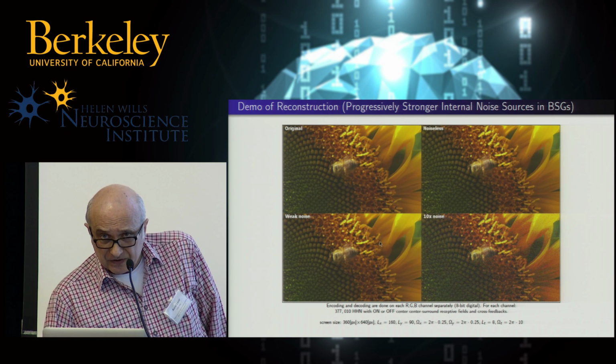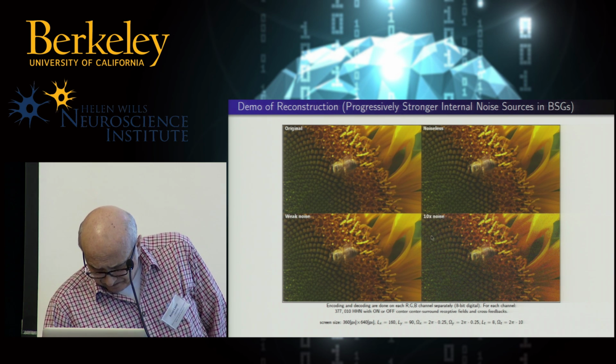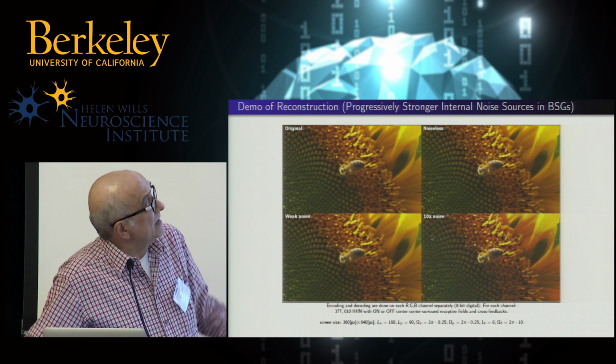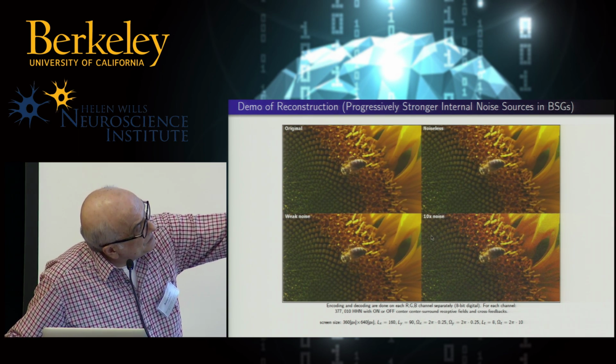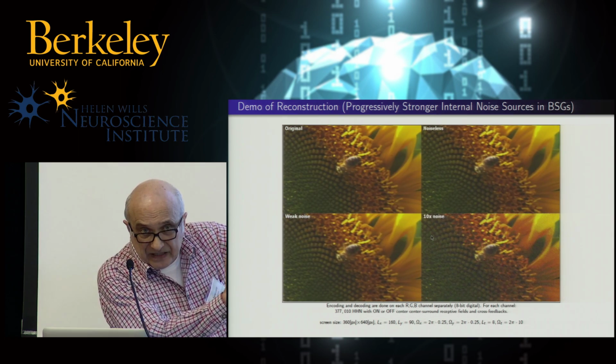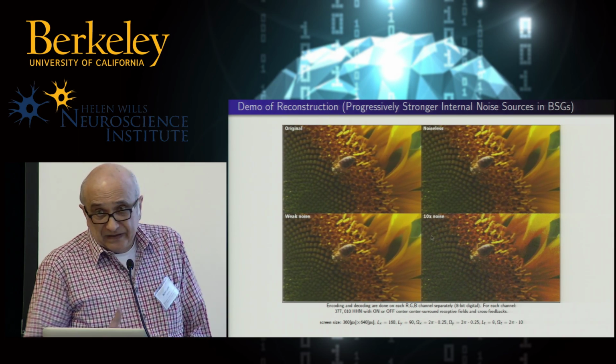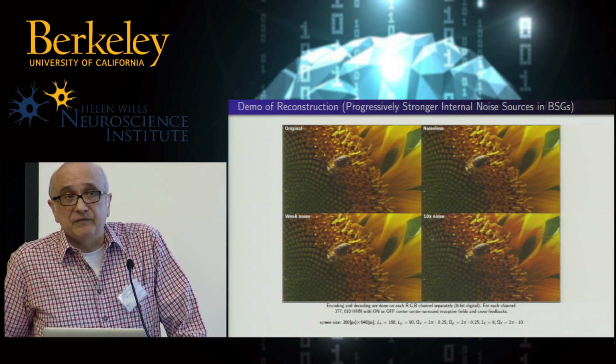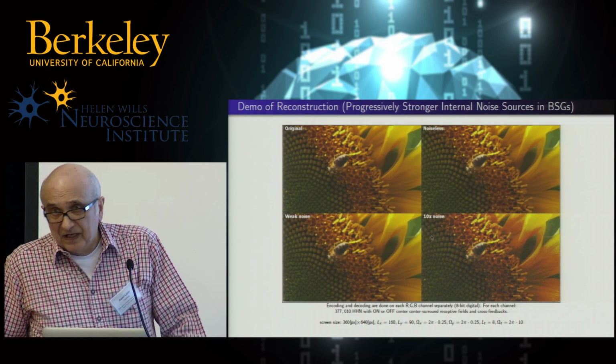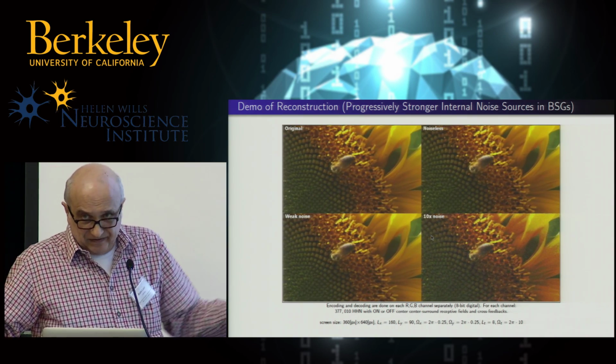Now, here we added noise to it, and we did 10 times more noise on the right, and if you look carefully, you can see that it's pixelated. So we're arguing this can be demonstrated in neural hardware. We are doing this on GPUs, but if you can do it on GPUs, you can do it, I presume, also